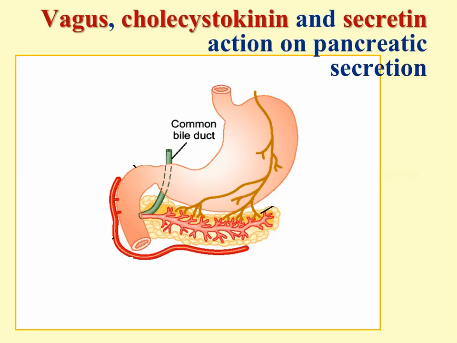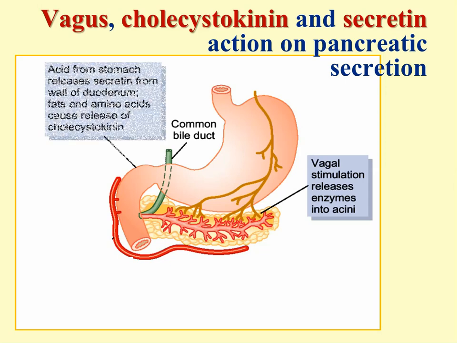So let's observe it again. Vagus stimulates release of enzymes into acidity, just a small amount relatively, and it occurs even before food enters the duodenum. It starts from the beginning of eating, and from oral cavity receptors, reflexes begin that stimulate vagus, and from gastric receptors also this stimulation occurs. First impulses are sent to vagus nuclei and then back through vagus to the pancreatic cells, and secretion increases,